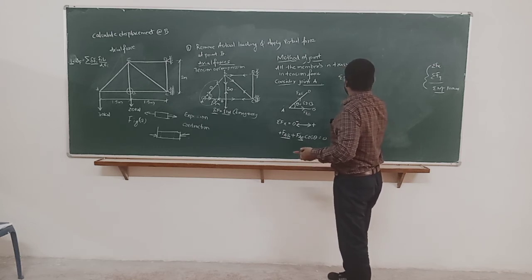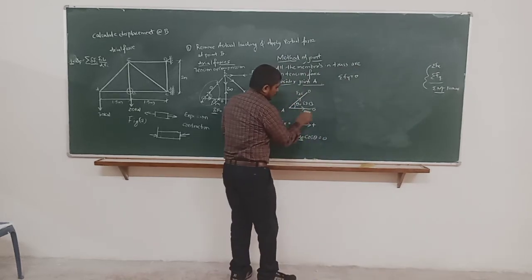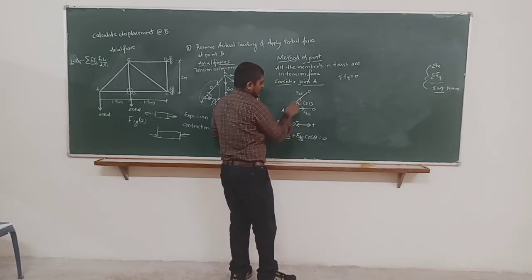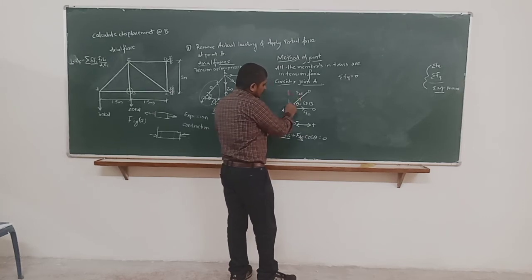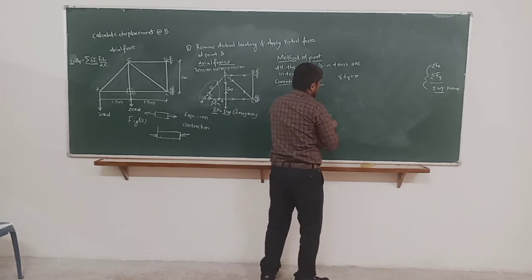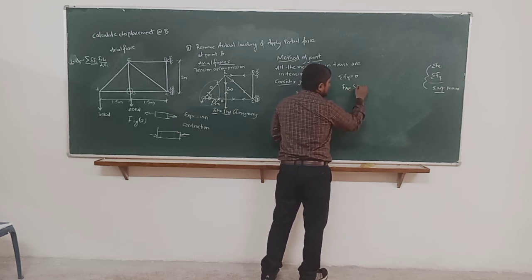Summation of Fy is equal to 0. Now see, this is a horizontal force, so we are not going to consider this in Fy. Now see, once we have made this horizontal, here it is cos theta. Once you make it horizontal, it is FAE cos theta because it is towards the theta. Now if I want to make it vertical, it is going away from the theta, so only one vertical force is there, FAE sin theta.